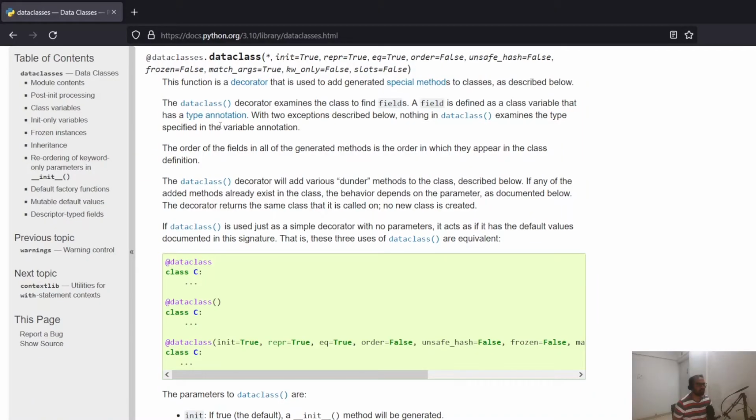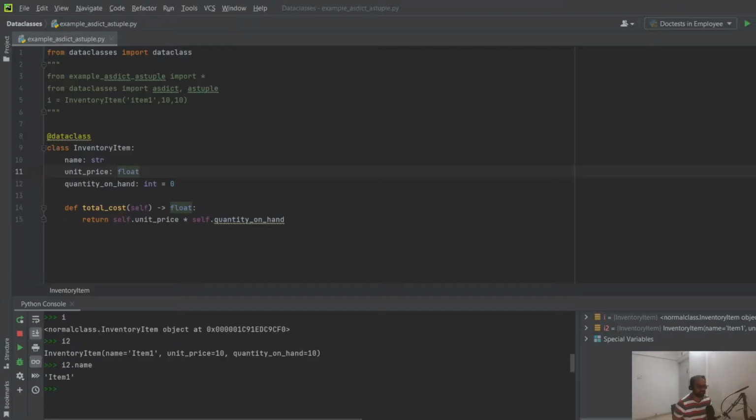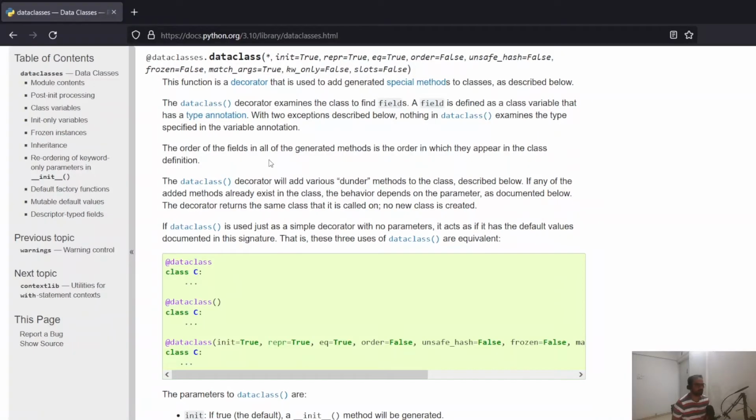Let us quickly jump over to the documentation of the data class. To initialize the data class, we didn't give any initialization parameters. We just created the data class using the data class decorator. But that is just the tip of the iceberg. It has more to offer, and you just need to ask for it. A lot of arguments which you can supply and control the behavior of how this data class behaves and what methods are available. So for example,